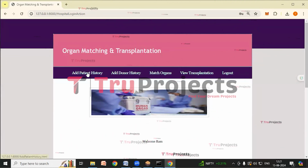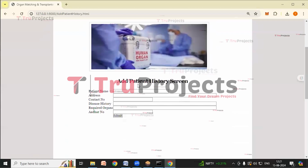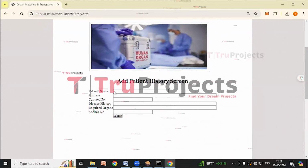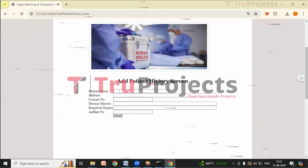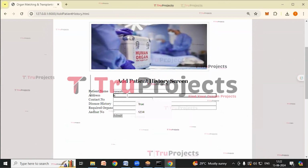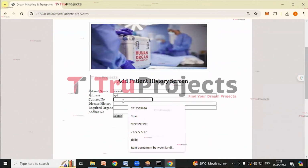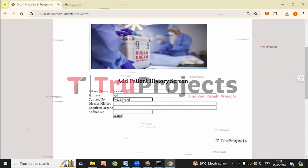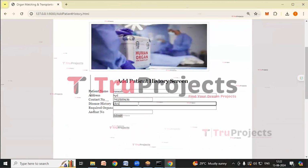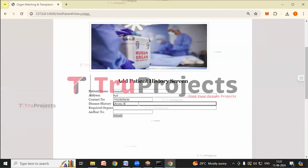Click on add patient history link. So here hospital can add patient history for organ requests. We have to fill in these details. Patient name would be Ramesh. We have to give the address, contact number, disease history. I'm giving it as chronic kidney disease,